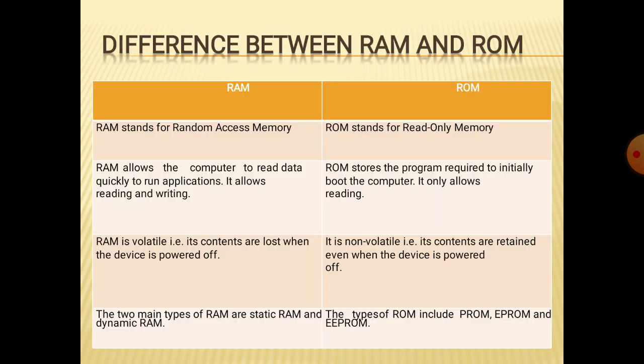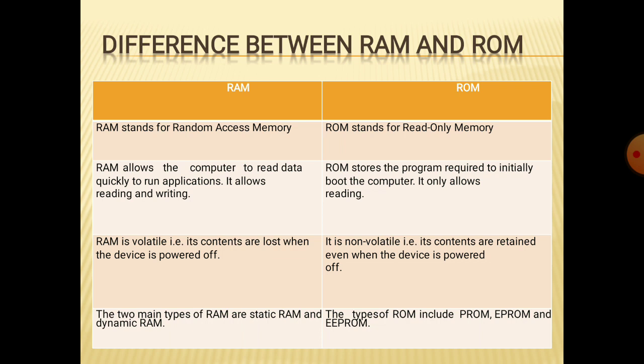and ROM. After completion of all the contents relating to your primary memory, now we have to move to your secondary memory. So what I'll do is, I'll not take it in detail for the revision, I'll just give you the difference between RAM and ROM so that you will get all the points relating to RAM and ROM, and in that difference we'll see the types of RAM and ROM also. So these are the differences we have.